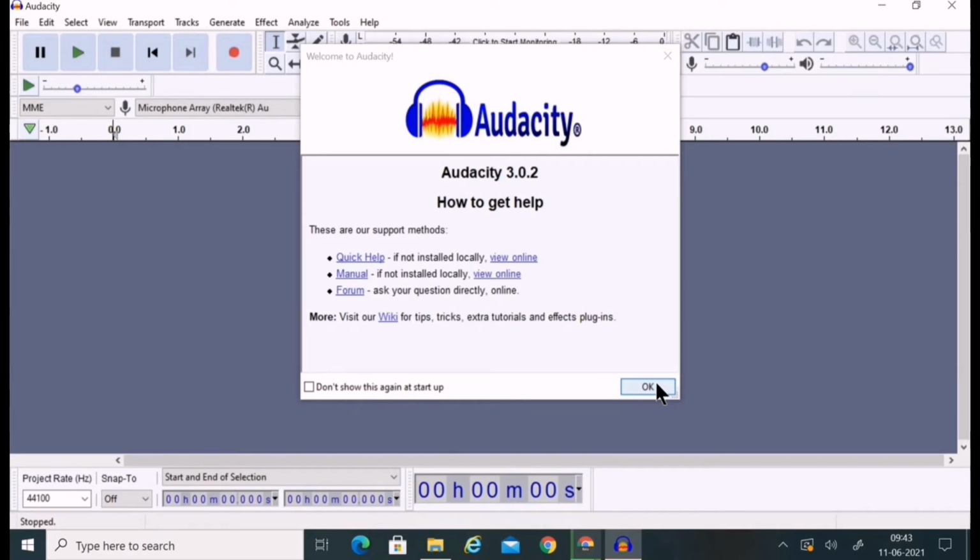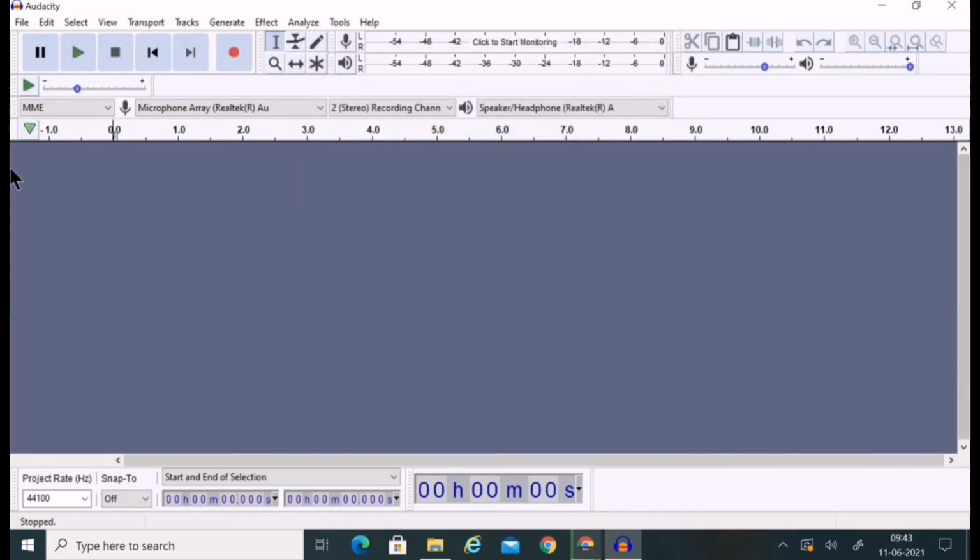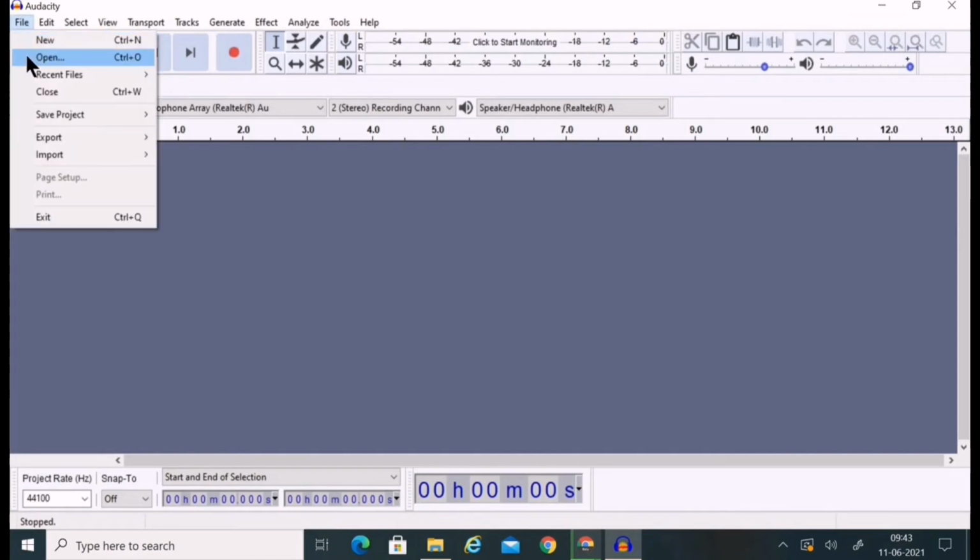So this is the interface of Audacity. I'll explain you in detail. Now what we are going to do is, first we have to insert that audio into Audacity. For that, there are two methods. File, open.